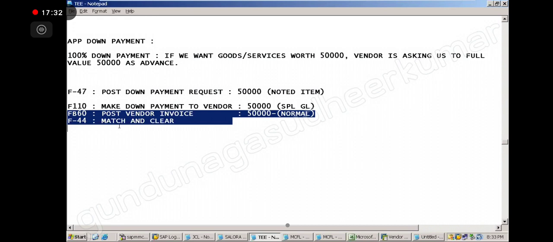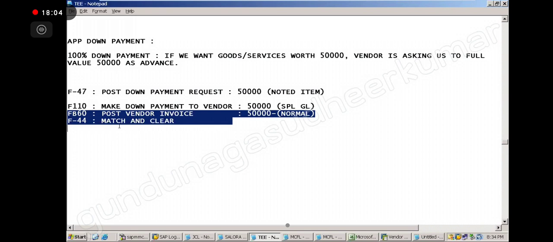Sir, I have a little doubt about cash discount. Does this minimum cash discount have any link with the normal payment terms that we have created before? Yes, sir, of course it will have. It will apply to all the payment terms at a higher level. Okay.